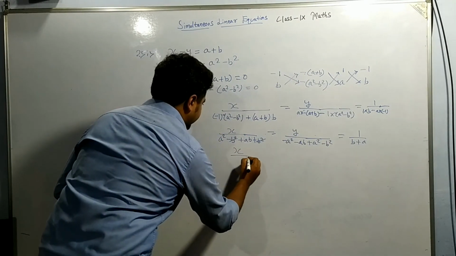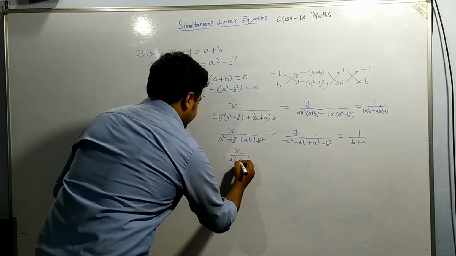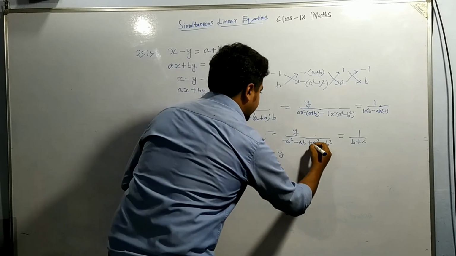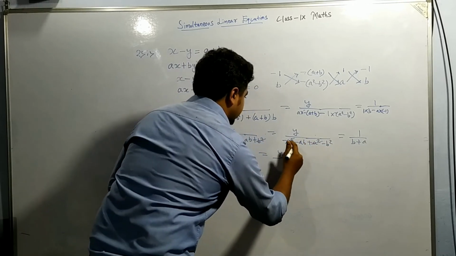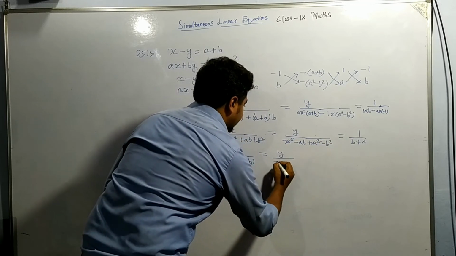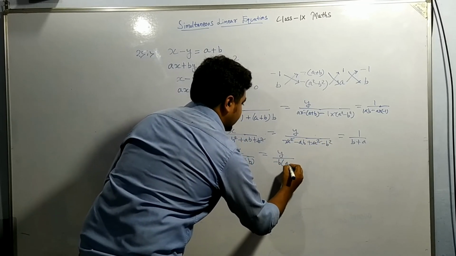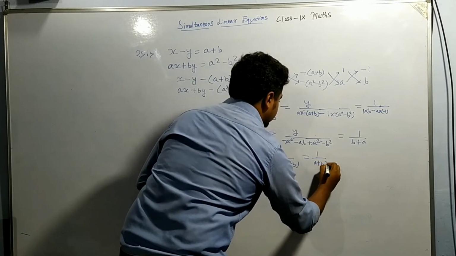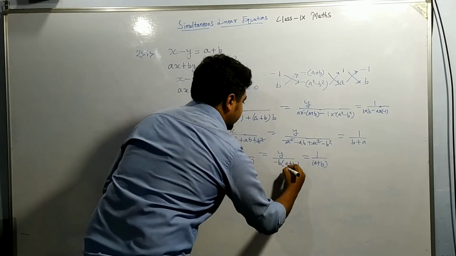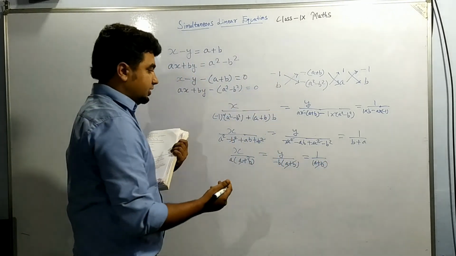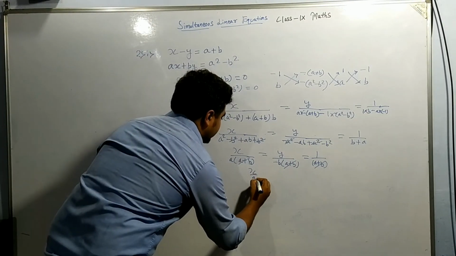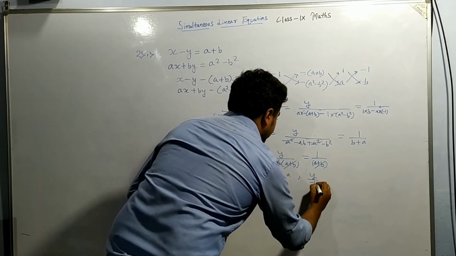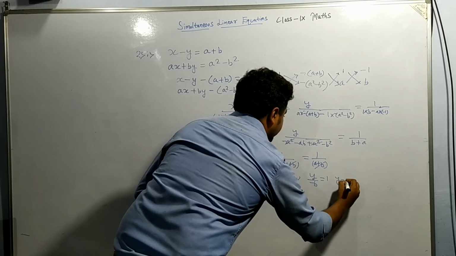So from here we are getting x by a, a will be common, and we are getting a plus b. Again from here we are getting y by this a square, and this minus a square will get cancelled. So we are left with minus, we can take b as common. So left with a plus b, and again the third term which is a plus b. A plus b will be cancelled, all the terms we are having a plus b, so we can directly cancel. So we will be left with x by a equal to 1, means x is equal to a, and y by minus b equal to 1, y is equal to minus b.